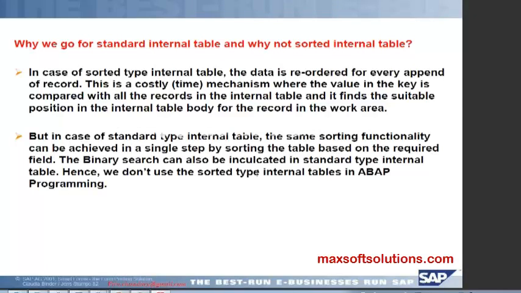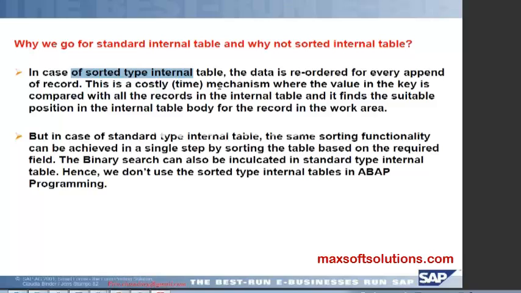So, do you know why we go for the standard internal table and not for the sorted internal table? This is a question which was asked by one of my students in interviews, so I have kept this page. In the case of a sorted internal table, the data is reordered for every append of a record.